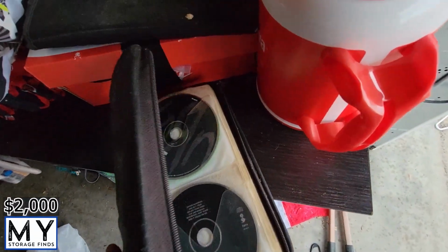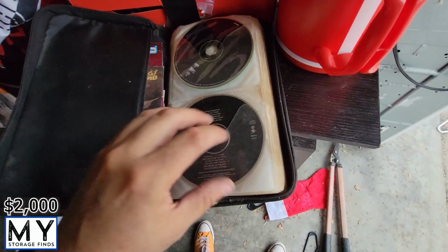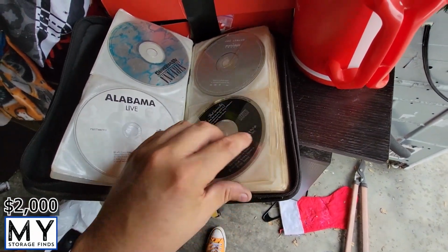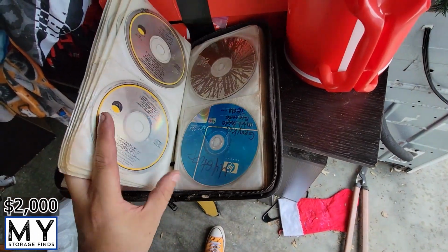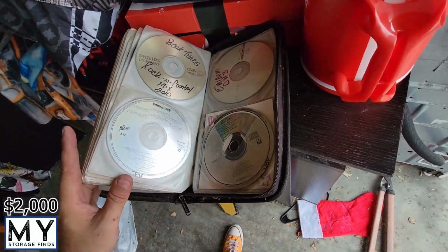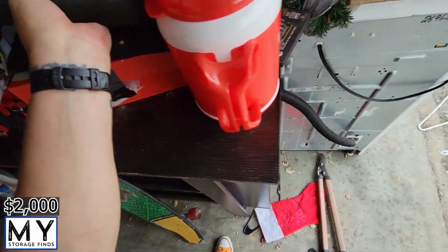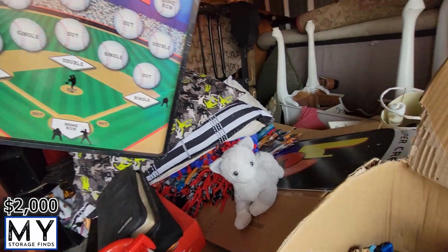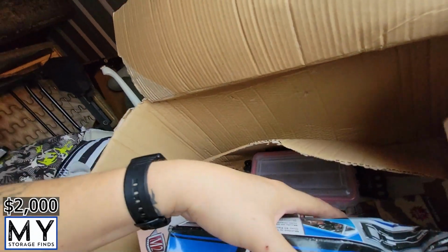Alright. And more music. Pretty good little collection. Yeah, we'll go through it more in detail later. Then in here we have a dartboard and a baseball game. We then have,